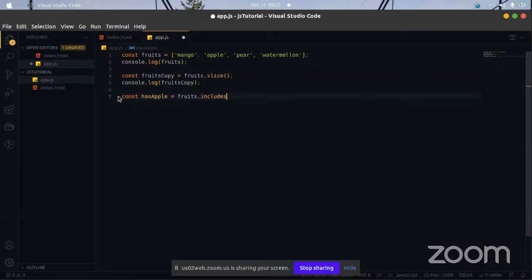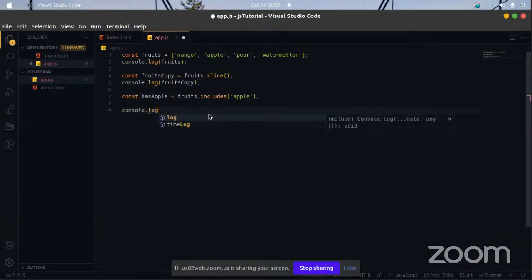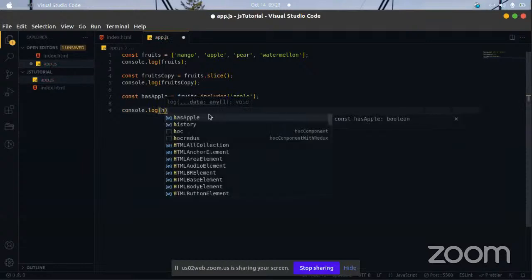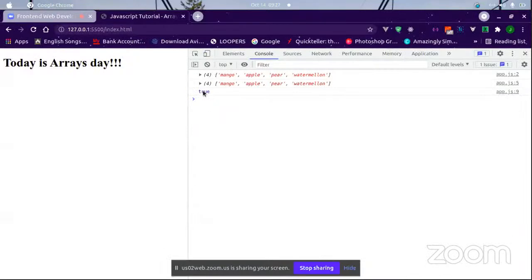And let's say apple, and console log. Now this includes returns a boolean. If apple is actually in the fruits array, it's going to return true. If apple is not there, it's going to return false. So if you console log hasApple, save and go back, we see true. So that's how we do it.